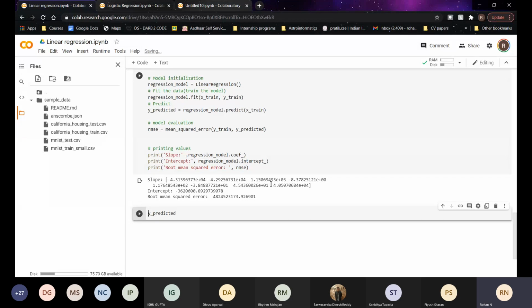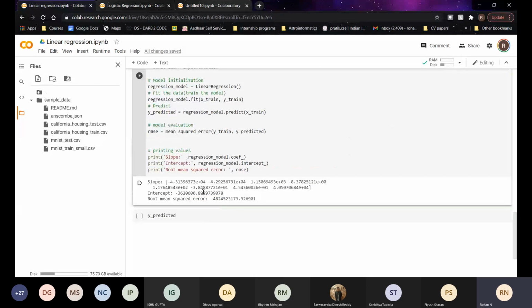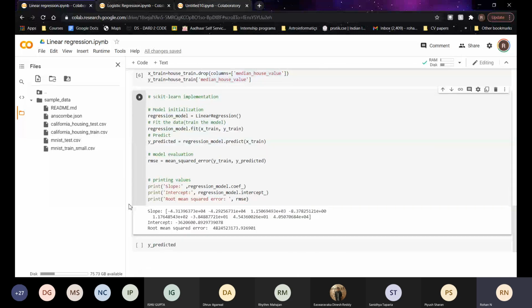This is my intercept, and it is this high because the prices of those houses are also quite a high value, in the 10,000s, so that's why the intercept is this big. Even the error is coming out to be that big because when you do y predicted minus y actual and then square it and add it over all the examples, over the 10,000 examples, you will end up having a very high value.